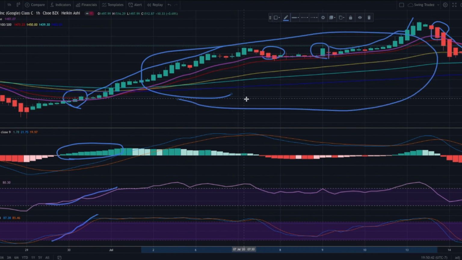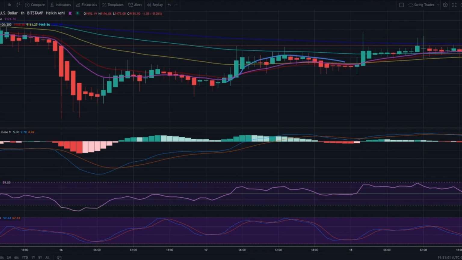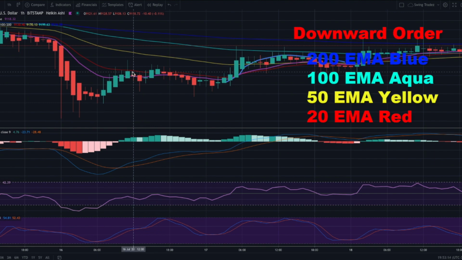So what happens when the EMA lines are in a downward order? When a green candlestick breaks through the SMA line, it is more likely to face more resistance when the EMA lines are in a downtrend. Here with Bitcoin, you can see the 200 EMA line, the blue line, is the dominant line, whereas the red line, the 20 EMA line,